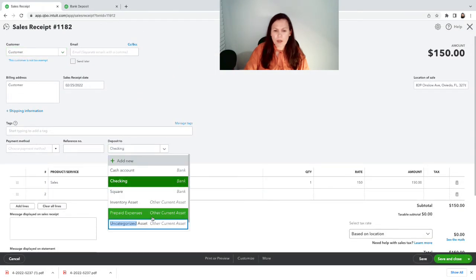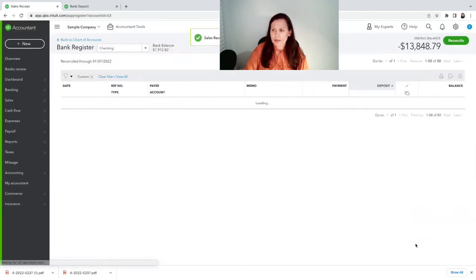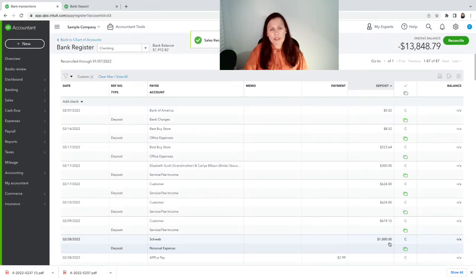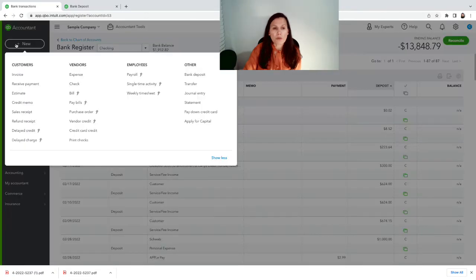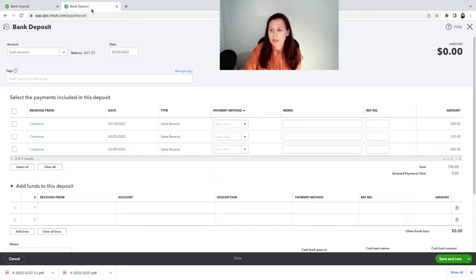And now it's categorized as asset, undeposited funds. Okay, all right, so now every transaction has been sent into the bank. Now we're gonna go to record those undeposited funds. So we're gonna click on plus new on the top left hand side, bank deposit, and we're gonna select first the 2 transactions that add up to the